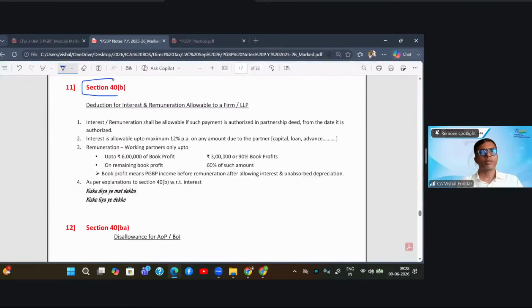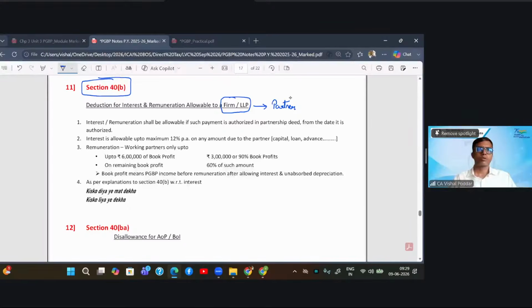Now, we come to an important section, 40 clause B. This section is exclusively designed only for one person, that is partnership firms, and equivalently LLPs, because they are treated at par with partnership firms. Now, what does this section deal with? If you are a partnership firm, every year